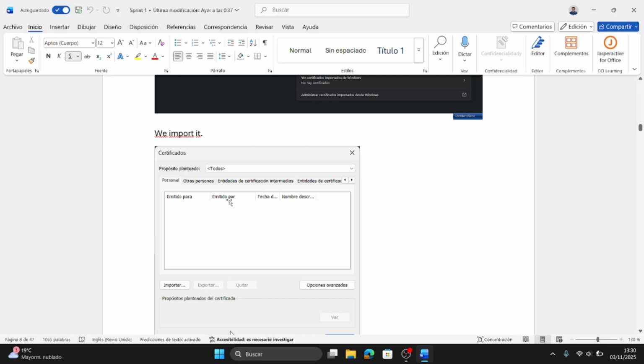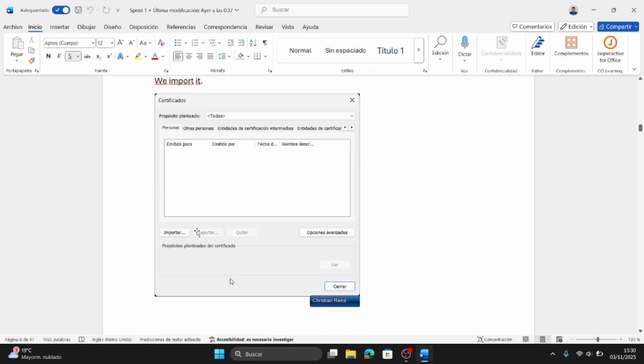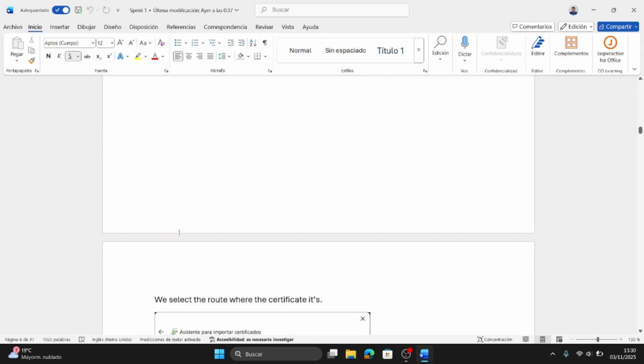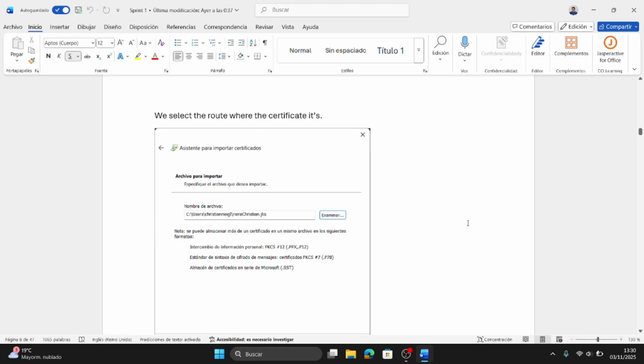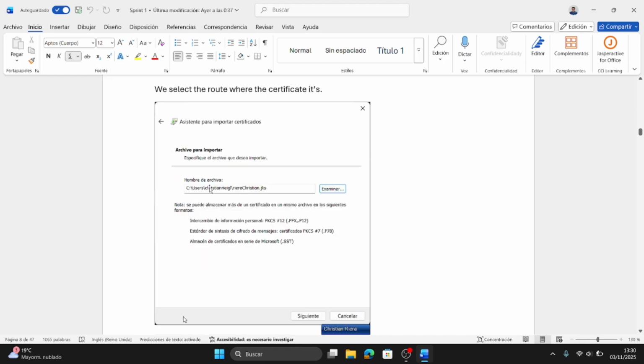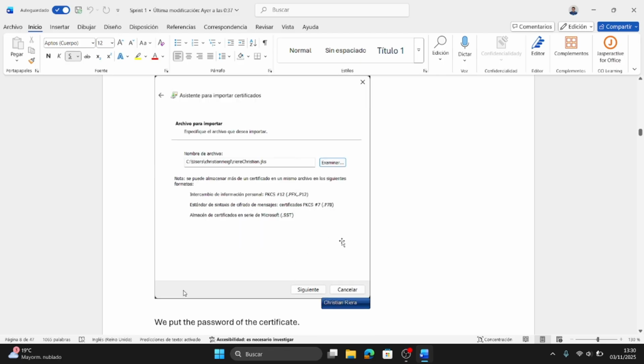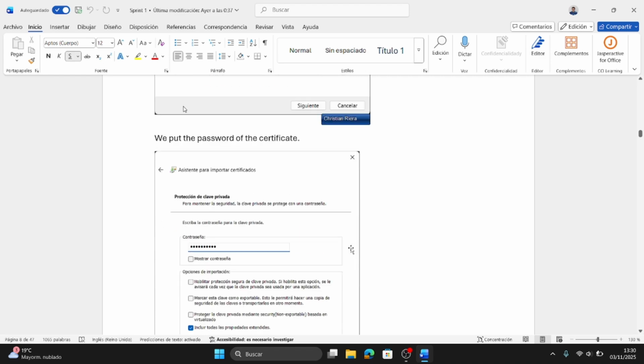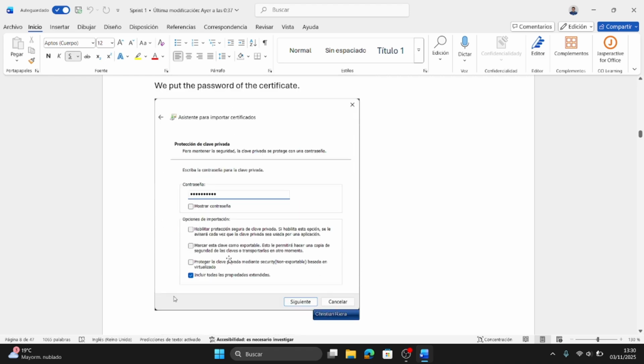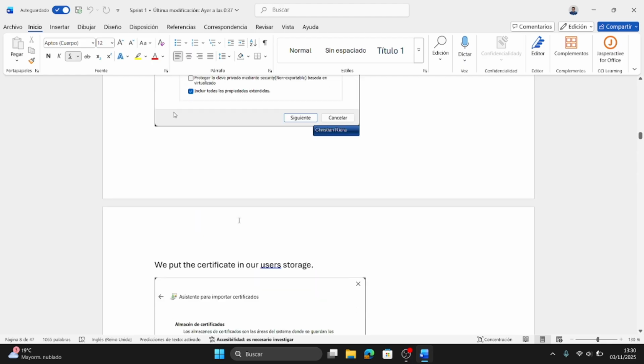It's going to open this screen and we have to import. We select the route of the certificate and the file, and we continue. We have to put the previous password that we assigned, and we continue.